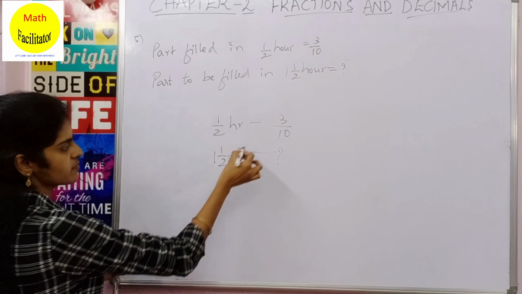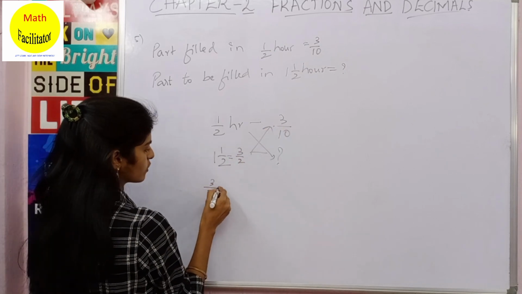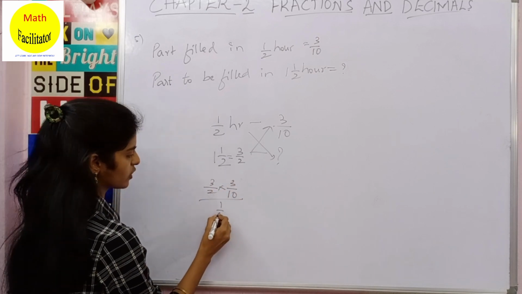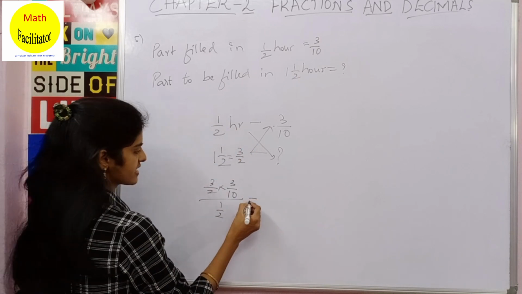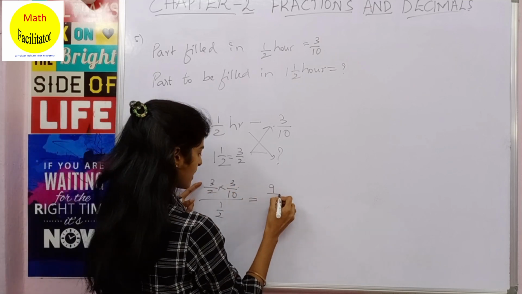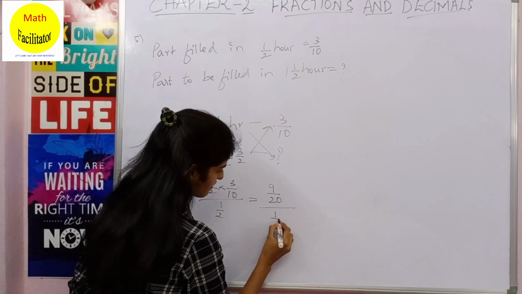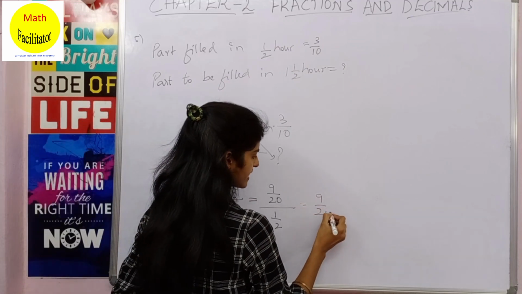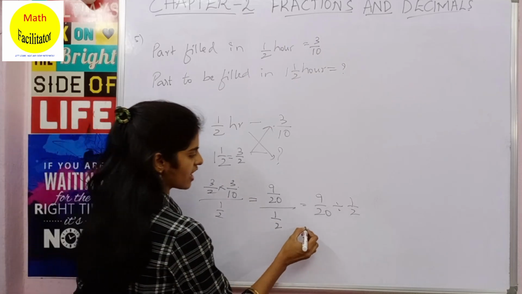So now simple cross multiplication again. So you will multiply these two. So it is 3 by 2 into 3 by 10 divided by, you have 1 by 2. So at this end you have question mark, so this you will divide. Now firstly we shall solve the numerator. So 3 3s are 9 by 2 into 10 is 20. So you have divided by 1 by 2. The same thing can I write it as 9 by 20 divided by 1 by 2? Is it same? Yes, so now it is very simple for you.